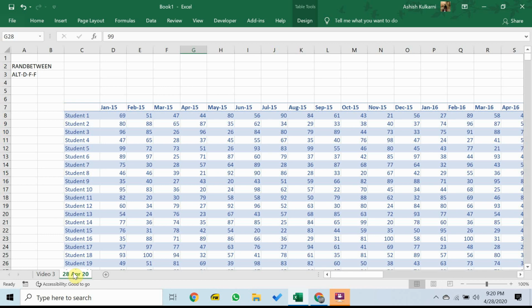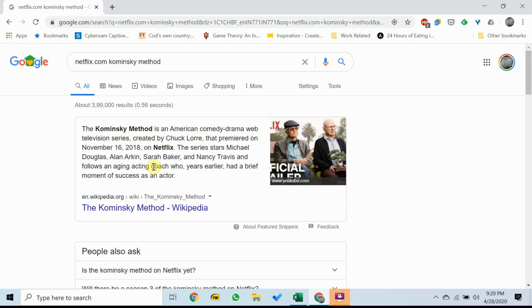But as always, I'll stop with a quick reference for you guys. And this reference actually comes from the missus. She recommends that if you want to watch something during this lockdown, you might as well make it the Kominsky Method, which is an American series that's available on Netflix, starring Michael Douglas and a guy called Alan Arkin. The wife loved the series. She loved it enough to ask me to watch it. I watched both seasons and I completely agree with her. It's great storytelling. Not a legendary series or not the best series you'll ever watch, but it's light-hearted, bittersweet comedy, and you get the assurance of acting that I suppose comes only with a certain level of age.